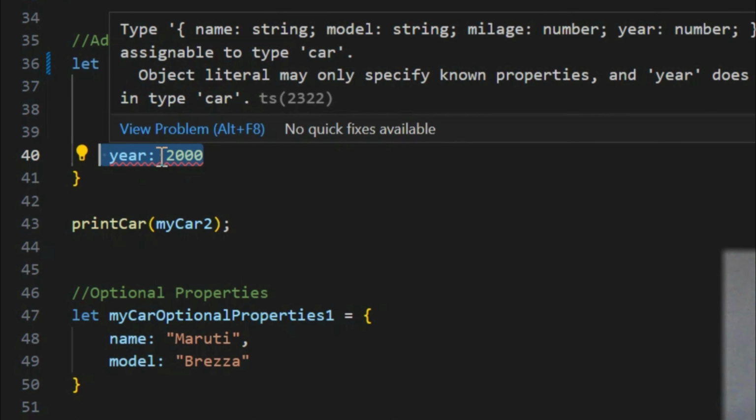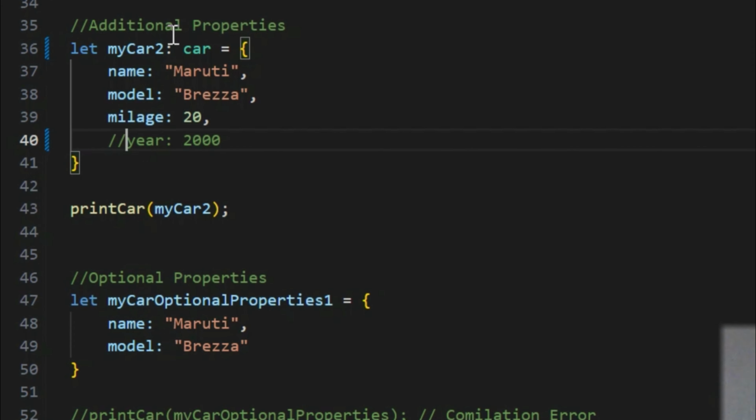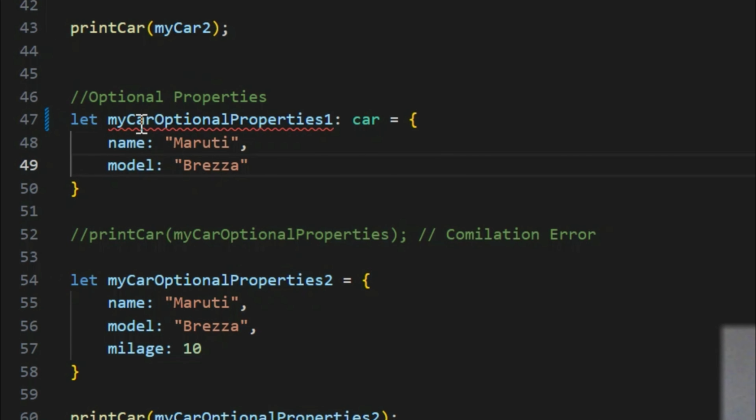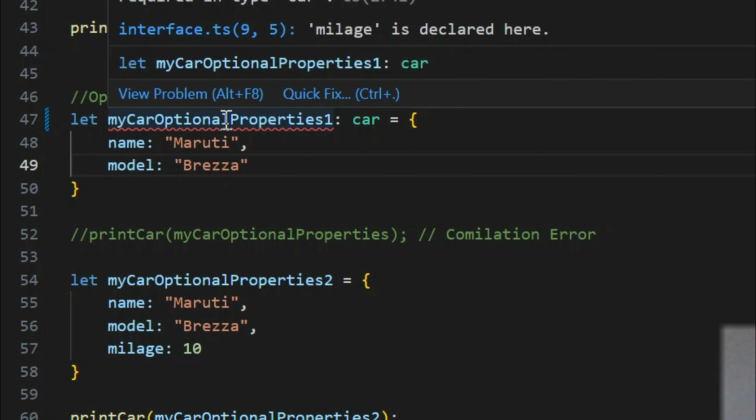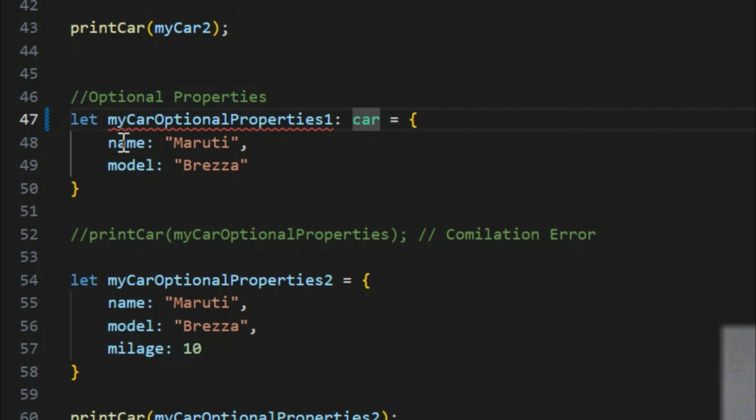So it says year is not an attribute. Year does not exist in type car. Right, friends? So additional properties are not allowed when you're initializing an object of a particular type. Okay, so optional properties. If you see, I'm defining another car, my car optional properties with the car, where